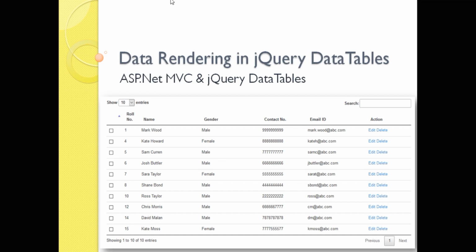As you can see here, we are going to render a checkbox in the jQuery data table, as well as render hyperlinks, or you can say an anchor tag. And one more thing I'm going to show you here. Basically, here we are displaying the full name in our column, but in the database or in our collection, it is separated into two different columns, that is first name and last name. But here, while rendering it into the data tables, we are going to show the full name. Okay, so let us see how to implement this.